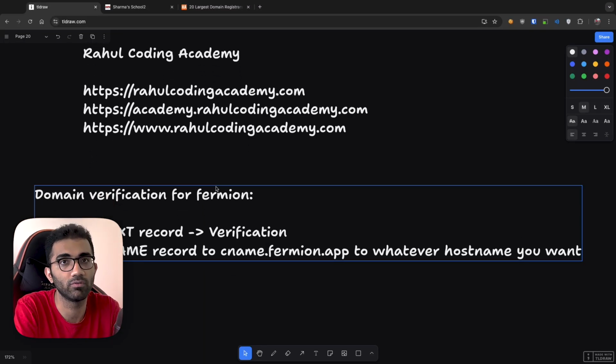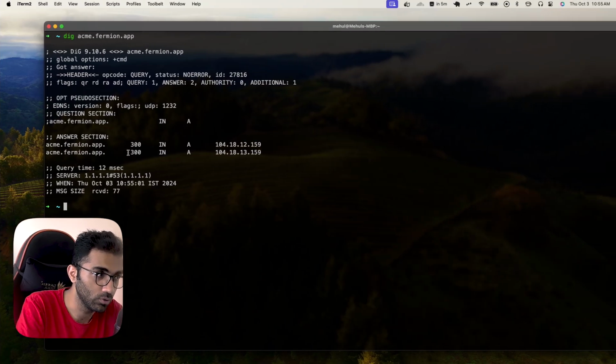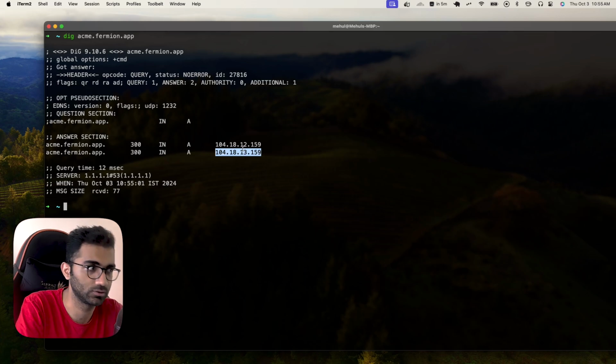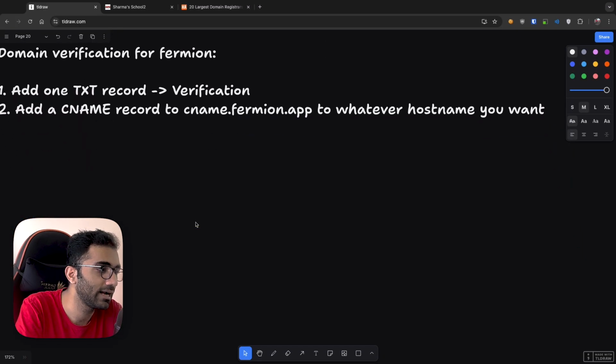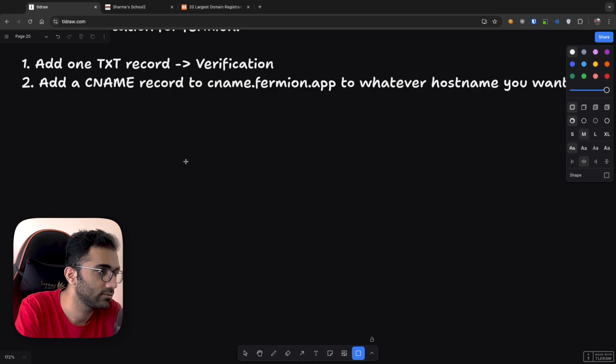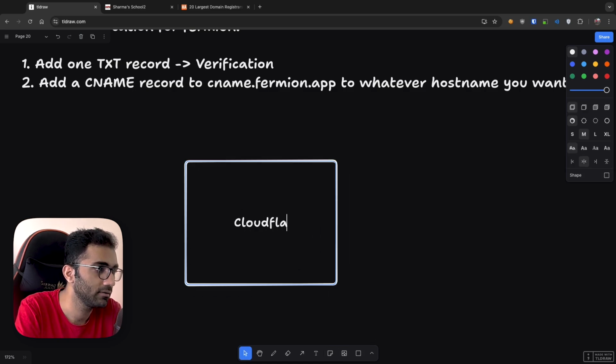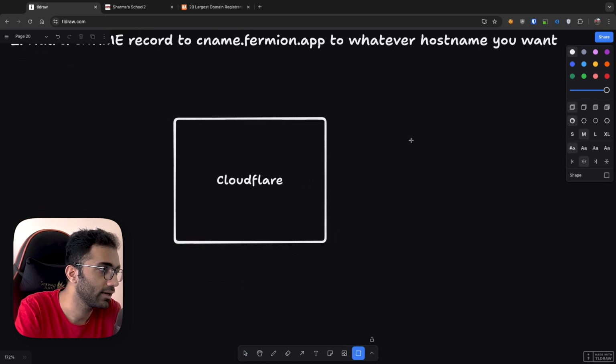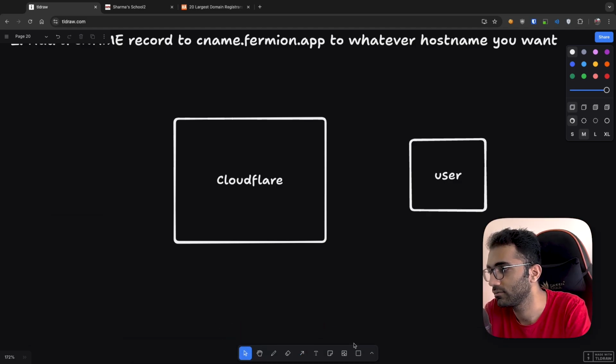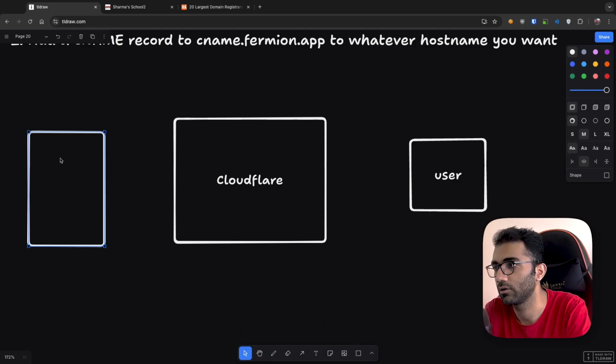Now, providers like Vercel and Cloudflare have their own IP addresses. For example, this is an IP address set of Cloudflare. How Cloudflare works is that, let's say this is Cloudflare in the middle, you are here as a user, and here is our server. This server could be anything.